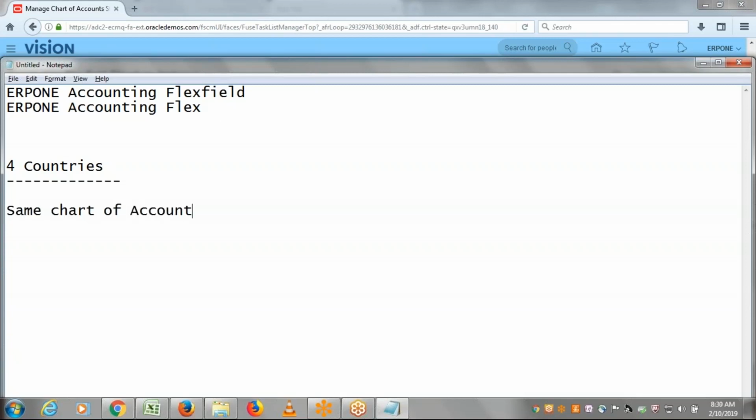You may call it a global chart of accounts. In it, we have segments called company, LOB (line of business), department, account,